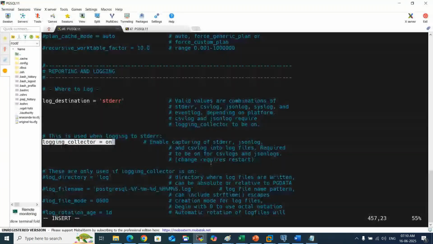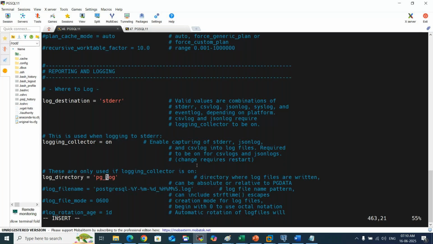Let's go through the parameters first. Log directory. What is the name you want to keep for the log directory? By default, you don't have one as of now. We keep pg_log. You can give it like this in real time. You can give anything. It doesn't matter what name you give; whatever name you give here is the name it creates in this